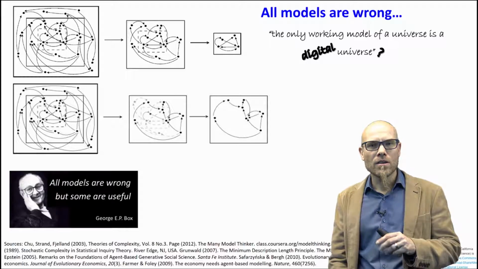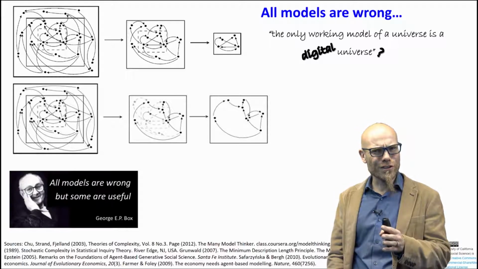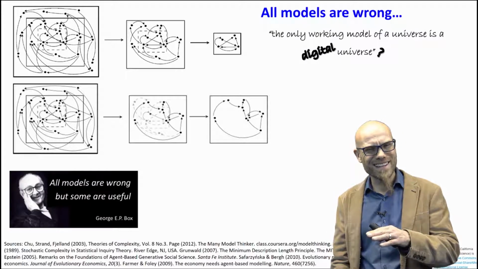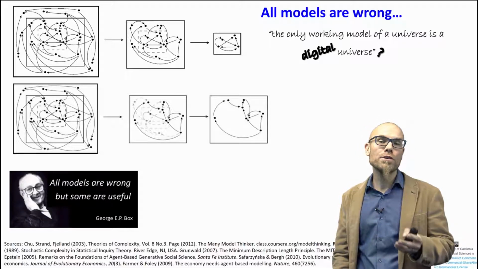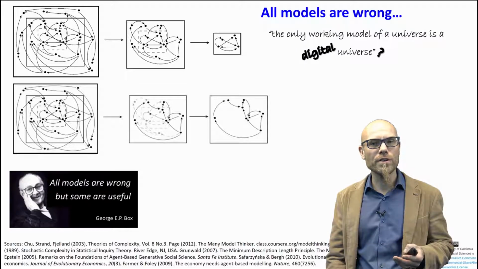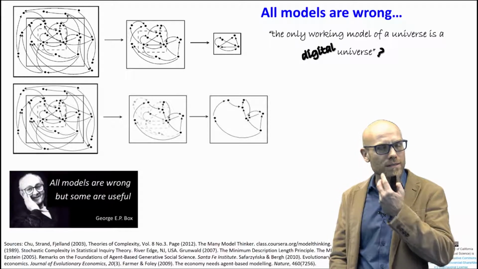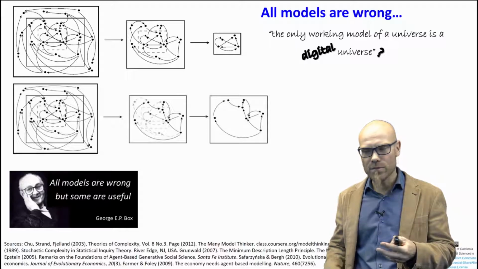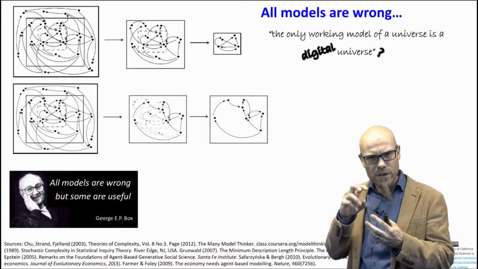Now, what we also know, and that's actually good news, and at the same time I'm going to tell you bad news. The good news is that with more computing power, and that's a promise of computational science, we can make more exact models. With more data, with more fine-grained data, we can calibrate our models better.